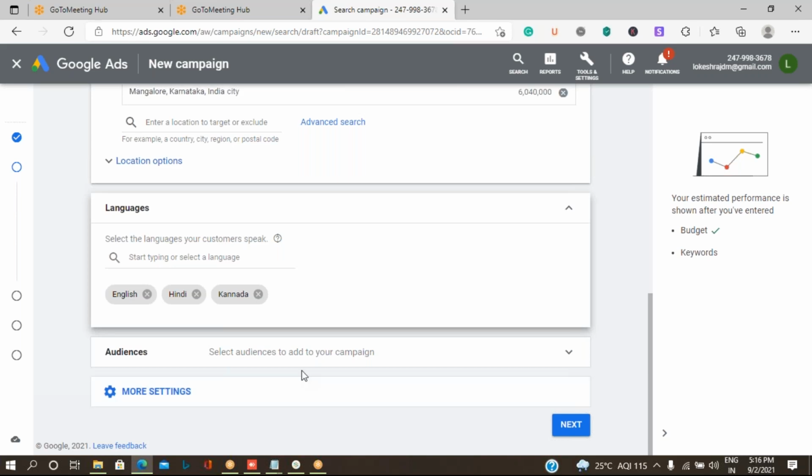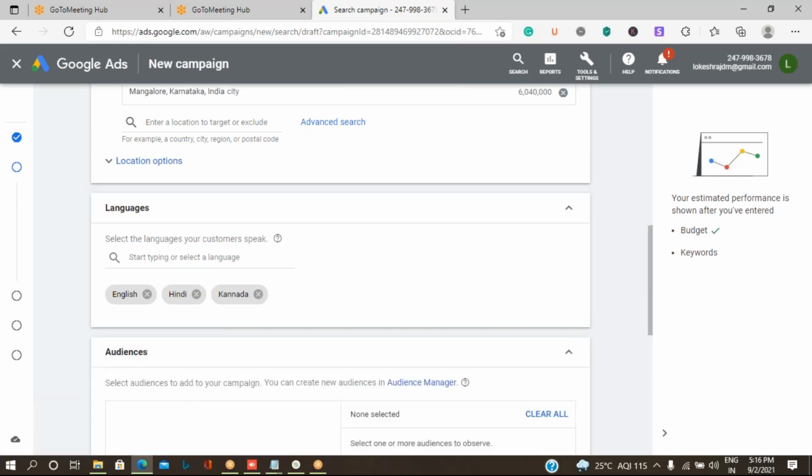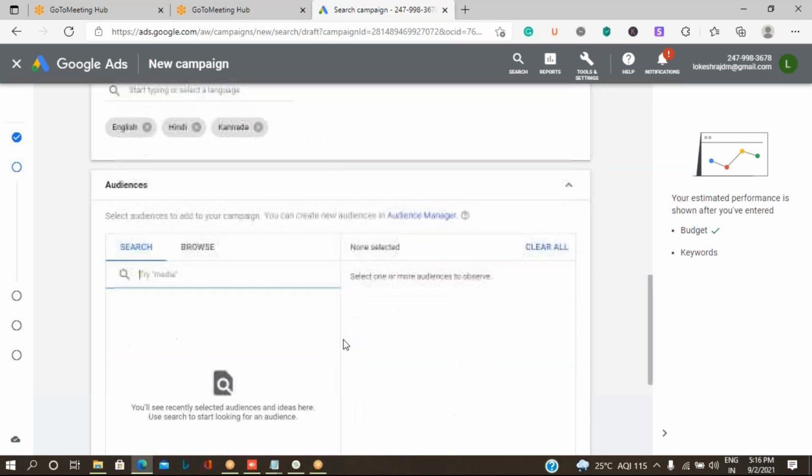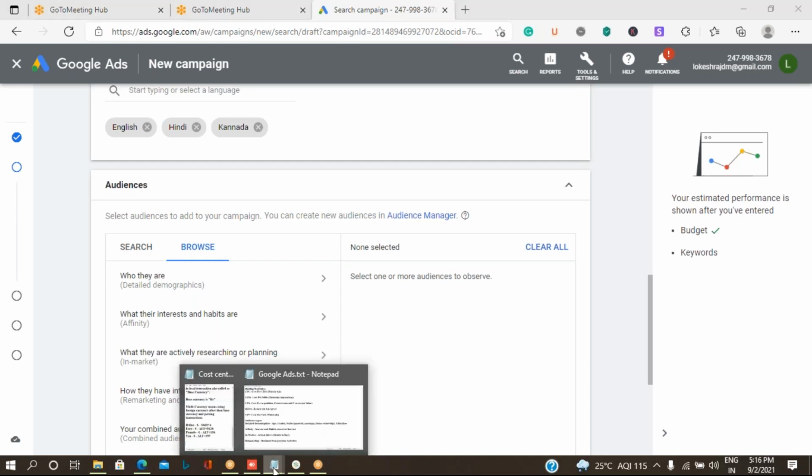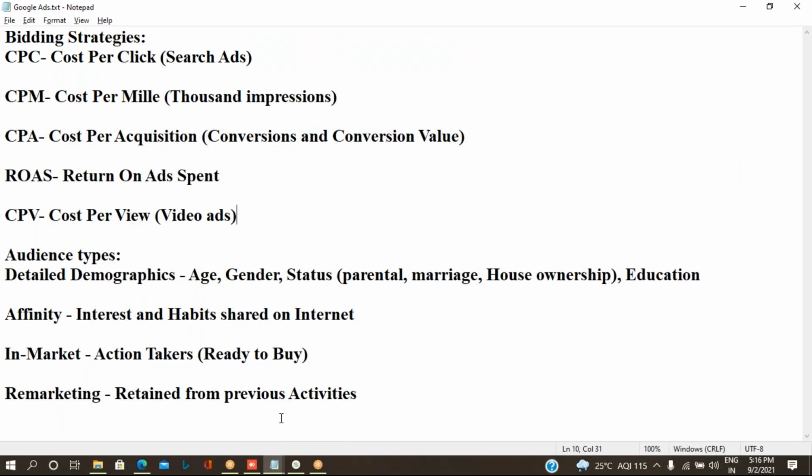The next very important thing is audience selection. I think we discussed this when we were doing Facebook ads, and I've given the list of audience types. When I click on the browse option, I will get the list of types of audiences. In the document also I've added that information.